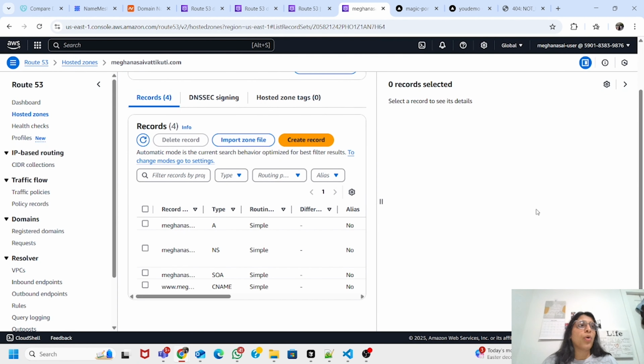So a hosted zone is basically nothing but a container in DNS. It holds information about how to route your traffic for a specific domain. Okay, it contains records that define how requests for your domain are handled. So once your hosted zone is set up, you'll have to create a CNAME, okay, to link your domain to